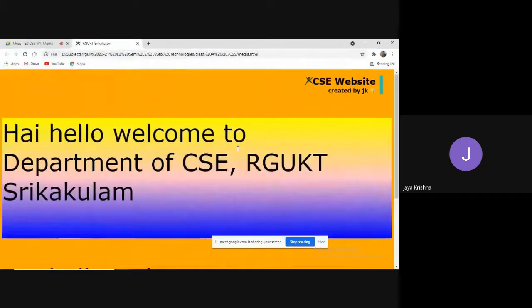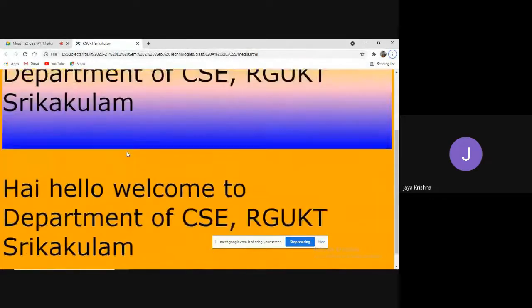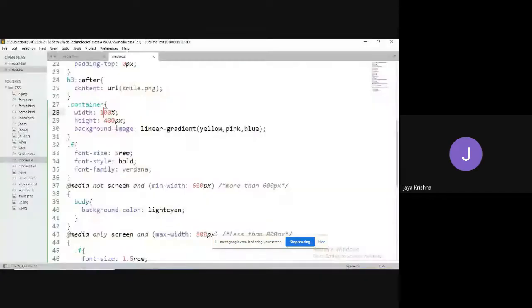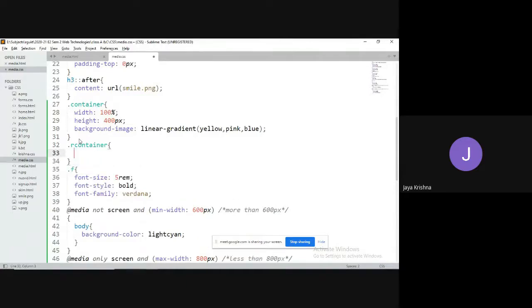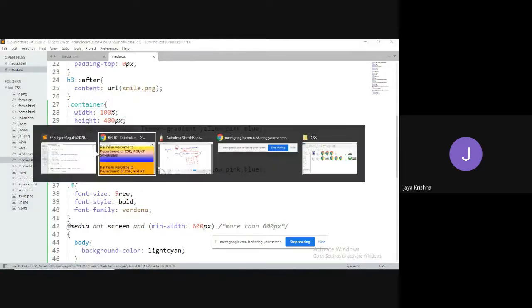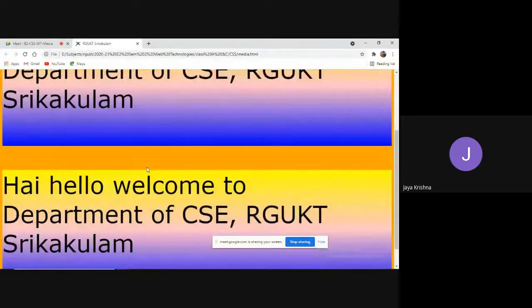Let's observe what happened. So this is a kind of a division, right? Both are divisions, so it will come line by line. Why is it not applied? I didn't apply it for our container. For our container, you define both the same properties. Observe. As it is a division, they are block level elements. That is why we are getting them in the next line.